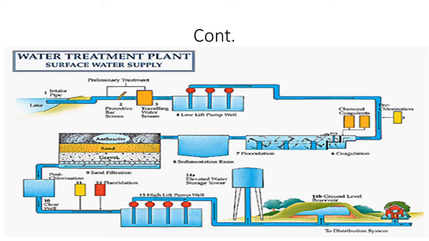Next, the cleaning interval. These slow sand filters are required to be cleaned between 3 to 4 months, and rapid sand filters require regular cleaning, that is 1 to 2 days. That means you have to clean that filter once a day or twice a day. And slow sand filter, if you are considering, requires cleaning every 3 to 4 months. Okay, so how much water is required for the cleaning of that filter? If you are considering slow sand filter, it requires 0.2 to 0.5% of total filter water for the wash of that filter. And if you are considering the rapid sand filter, they use backwashing, so they require up to 1 to 5% of the total filter water.